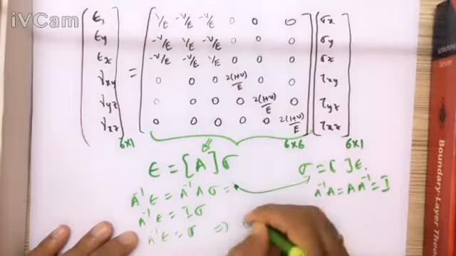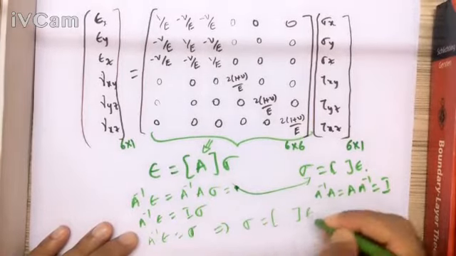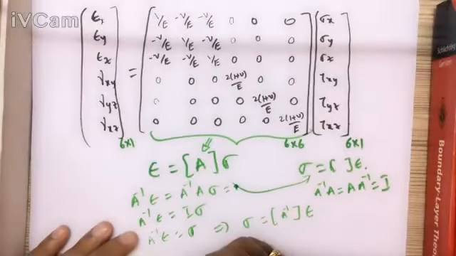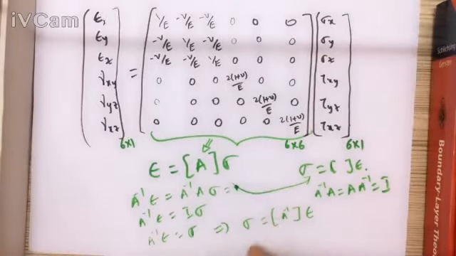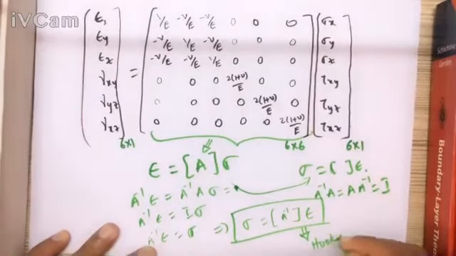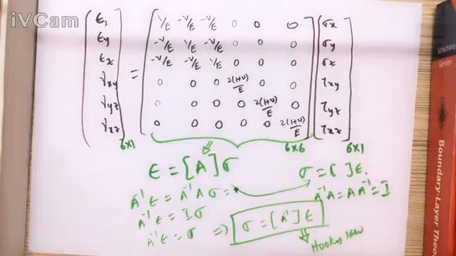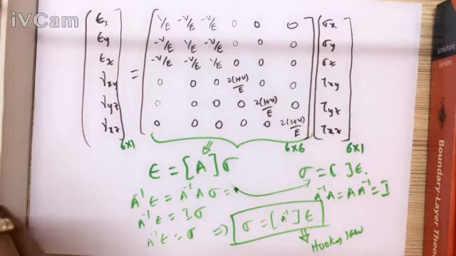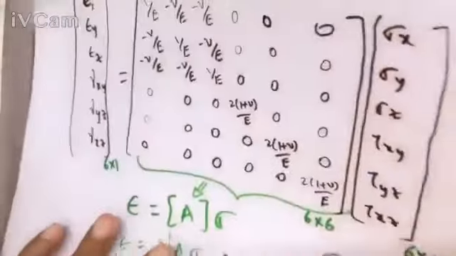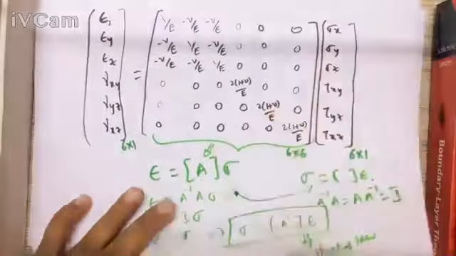So now this is in the form sigma is equal to some matrix into epsilon. That matrix of course is nothing but A inverse of this particular matrix which we got. But I have to find the inverse. Now this is in the Hooke's law form. But I do not know how to find the inverse for a 6 by 6 matrix, to be very frank with you. For 2D, we can calculate the inverse because it is a 3 by 3 matrix. But 6 by 6 is very complicated, so I'll just give you the inverse of the matrix.